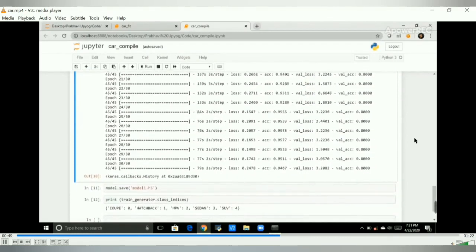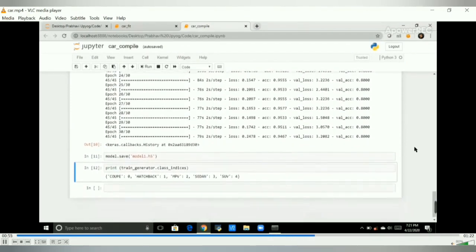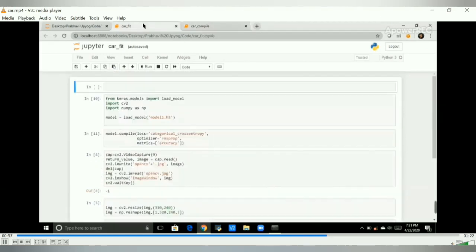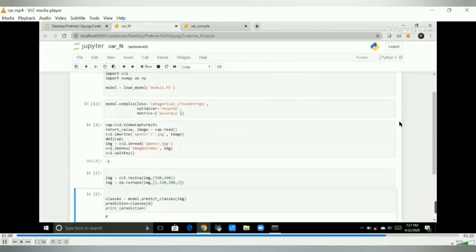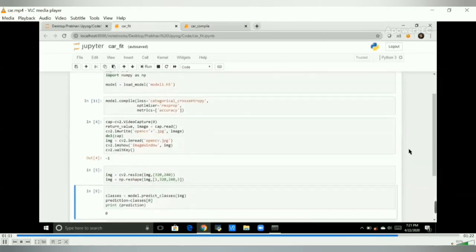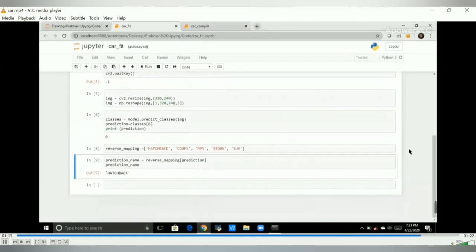There is a model, model 1.h5, which predicts the categories of the car as shown. It is a car fit model where the libraries NumPy and CV2 are used. In this testing, data set images are used to predict the class of the vehicle, as predicted in the code, and to park the vehicle in the exact block.